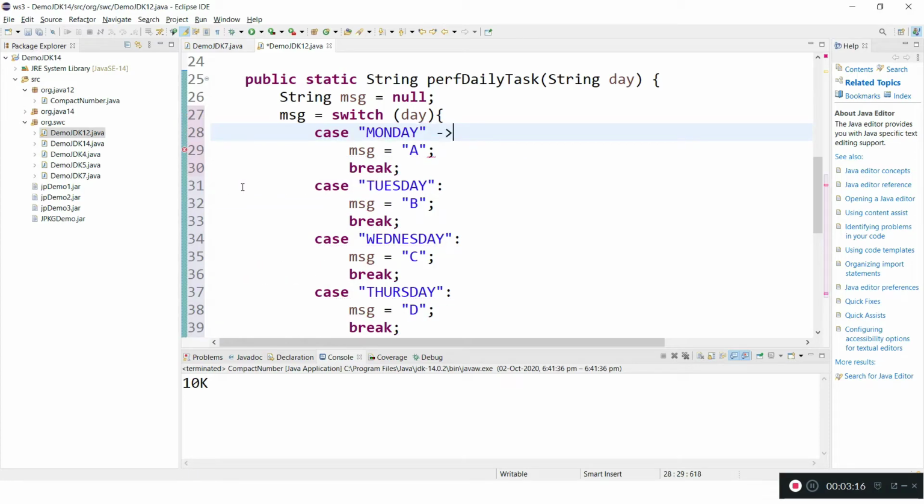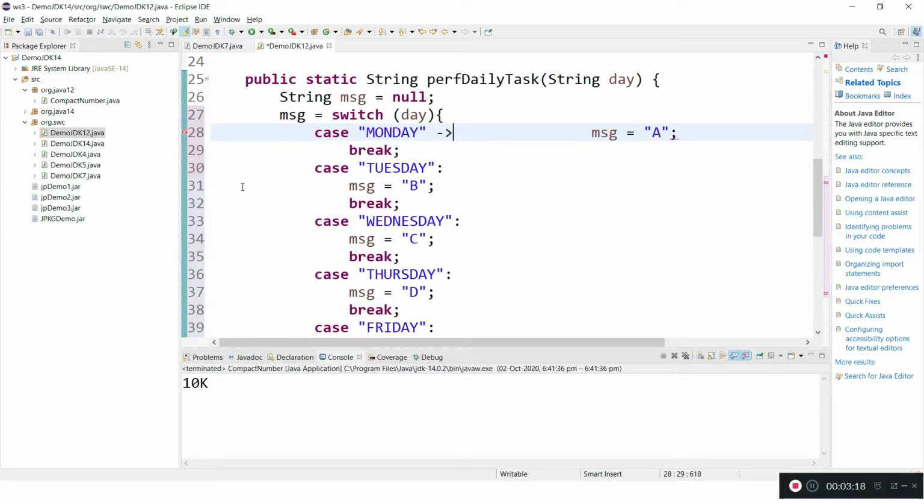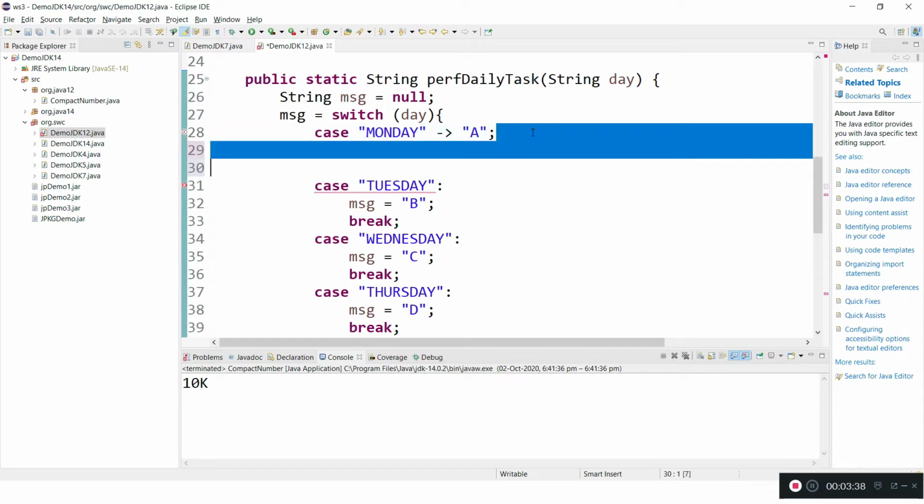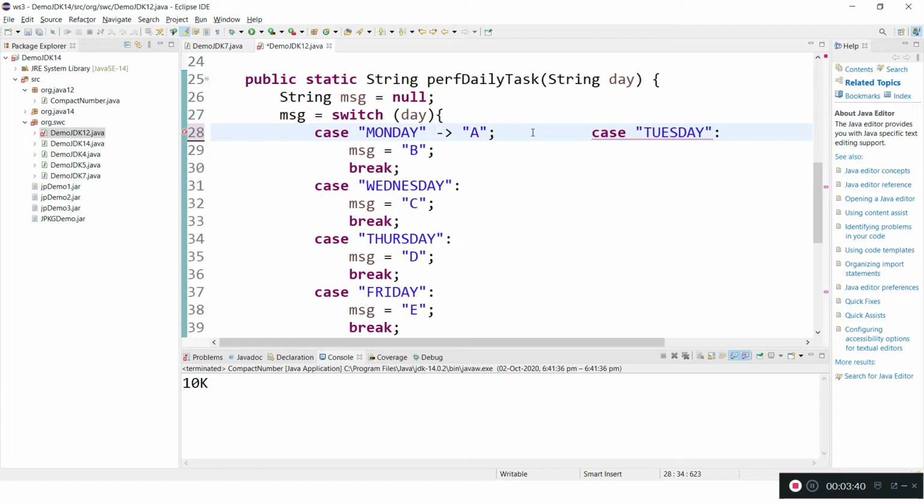Instead of a colon we need to keep this arrow, and if you want to return a value, instead of putting the value into some variable, you can directly return it like this. This is how we write cases in a switch expression, and we need not keep break. Break is not required in expressions. Let me transform the other cases as well.